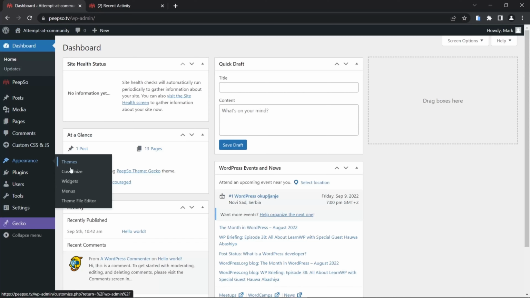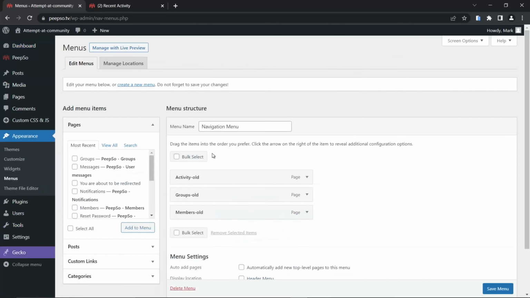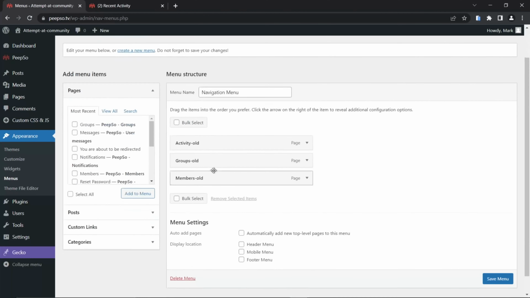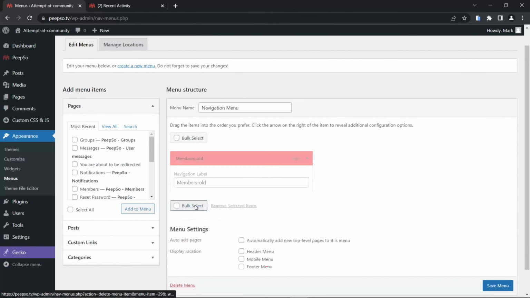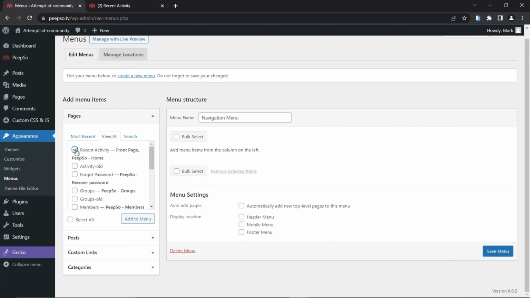Go to Appearance, Menus, and we already have the navigation menu, but it's using the old pages from the BuddyPress that do not exist. I mean, they exist, but they're not used, so we need to delete those. Let's remove this old stuff and add recent activity. Let's add groups page, members,